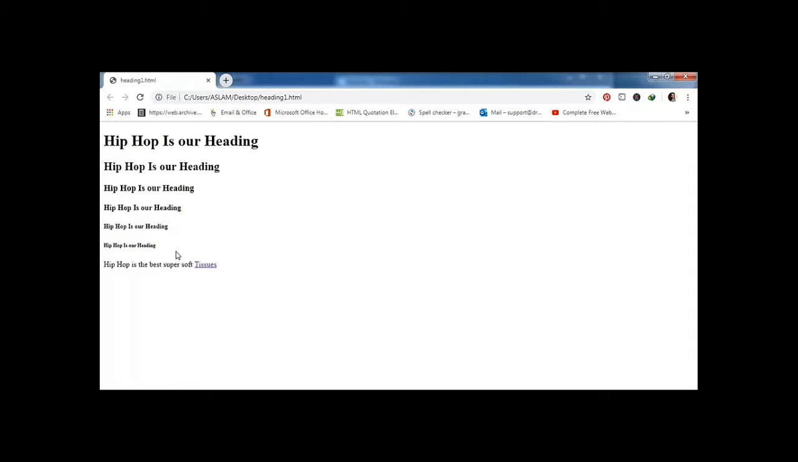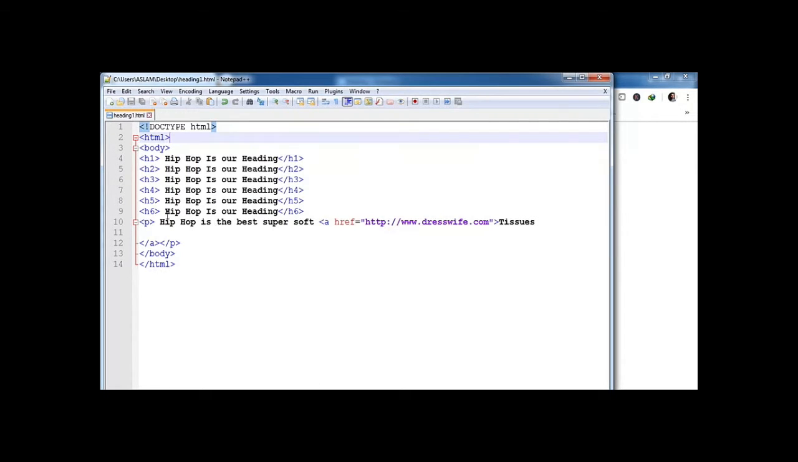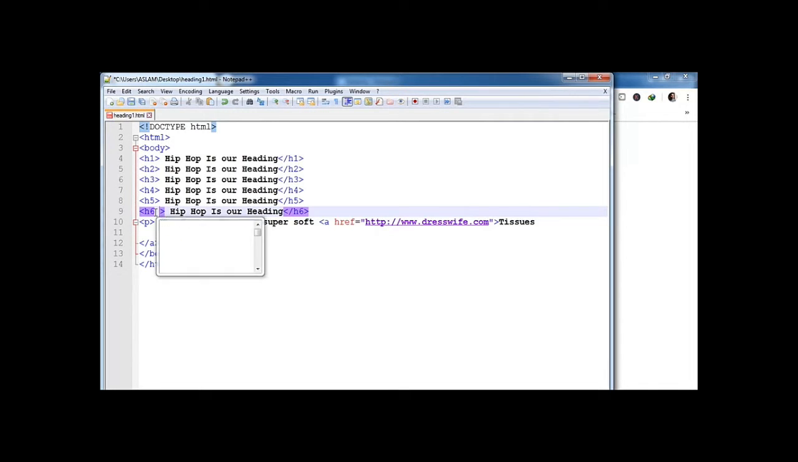Each heading has a default size. For any heading, you can use the style attribute with the CSS font-size property. If I want to increase the size of heading 6, which is the sixth heading, then I come to the editor and write some CSS style code. Style equals